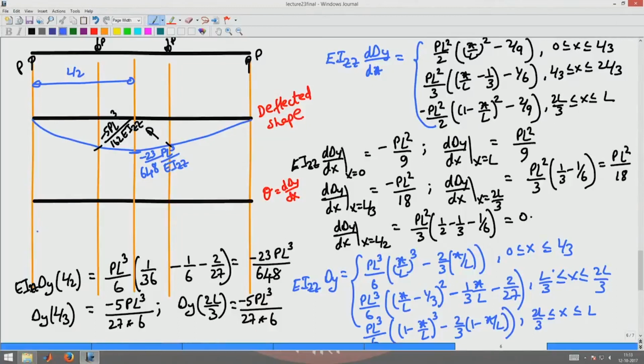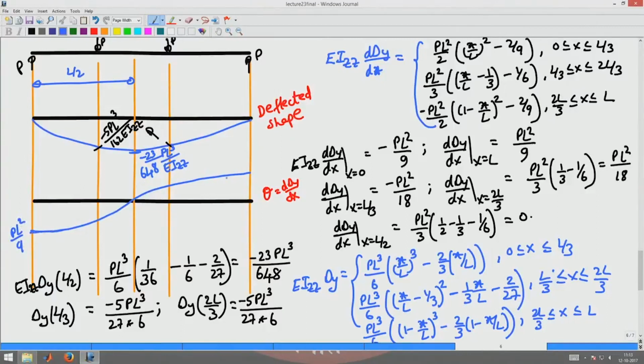Okay. So the variation is something like a parabolic curve. Okay. So it does that. Okay. Wherein here it is PL square by 9,